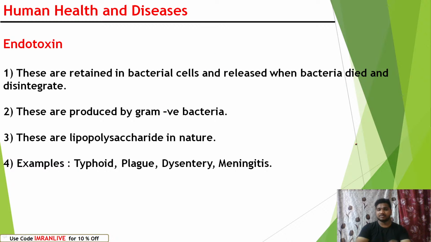That is exotoxin. Endotoxin means once the pathogens enter the human body, they release toxic items slowly, and once the bacteria die, the toxin from the body of that bacteria will be released into the bloodstream. It is very dangerous and it is released only by gram negative bacteria, not by gram positive. These are lipopolysaccharide in nature. Examples like typhoid, plague, dysentery,